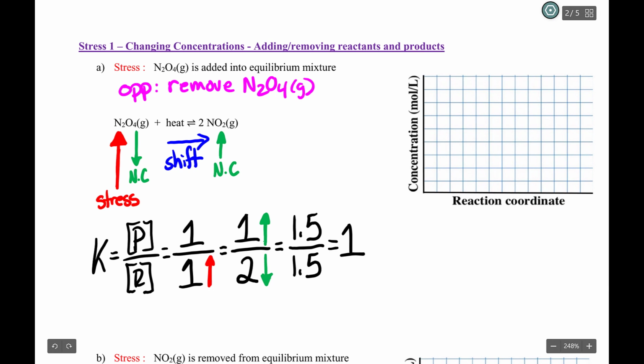Now, you can also represent this graphically. So I'm just going to make up a couple of spots here. This isn't to scale or anything. But I hope it helps give some understanding. Okay, so I'm going to draw a flat line here, 2 flat lines, and I'm going to label the first one N2O4 and NO2. So this is a Le Chatelier graph, and when the lines are flat, we are at equilibrium,